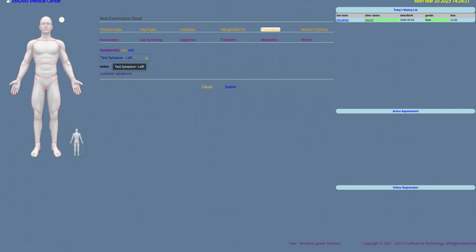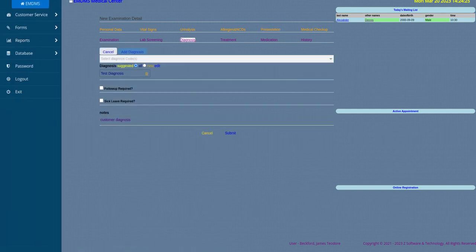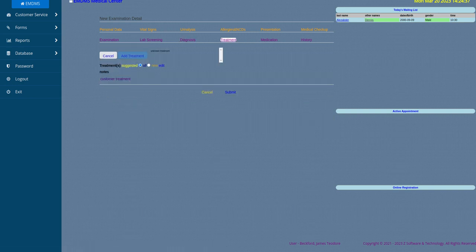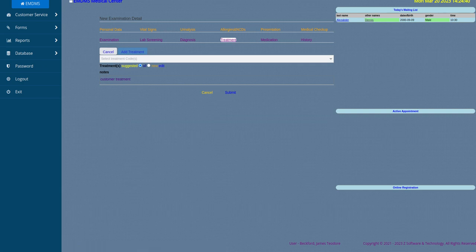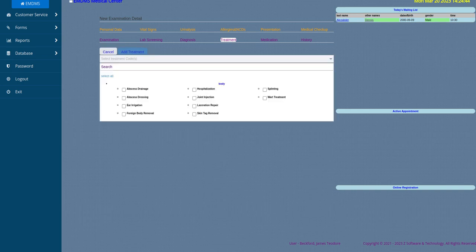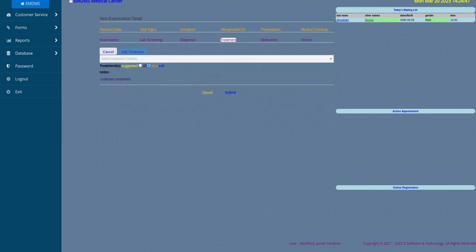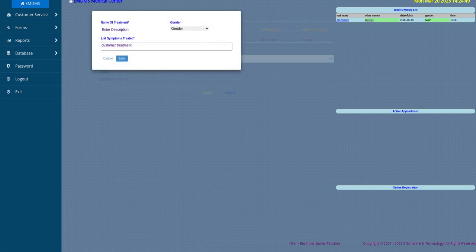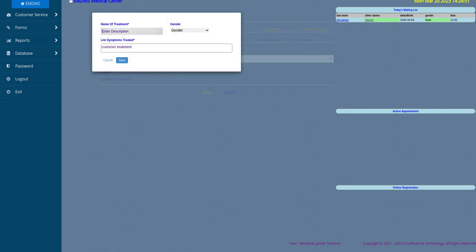Just to remind you, I have my test symptom. So the suggested diagnosis is a test diagnosis, whatever that test diagnosis is. It's up to your imagination. Similarly for treatment, unknown treatment for now. If I go to view all the treatments, these are all the possibilities. Now if I create a new treatment on the fly, of course, test,